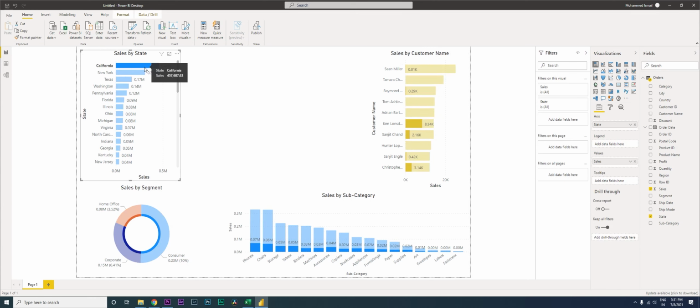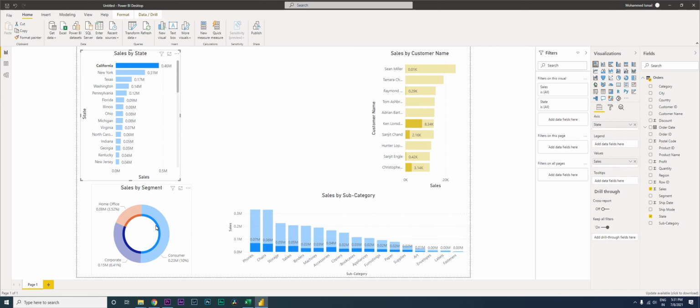When you click on California, all of these charts have changed. Now this particular chart has changed, and it is now highlighting values where there are sales in California, right? In California, who are our customers is what it's highlighting. And over here it is telling us that phones have 0.07 million spent, chairs have 0.06 million, likewise over here.